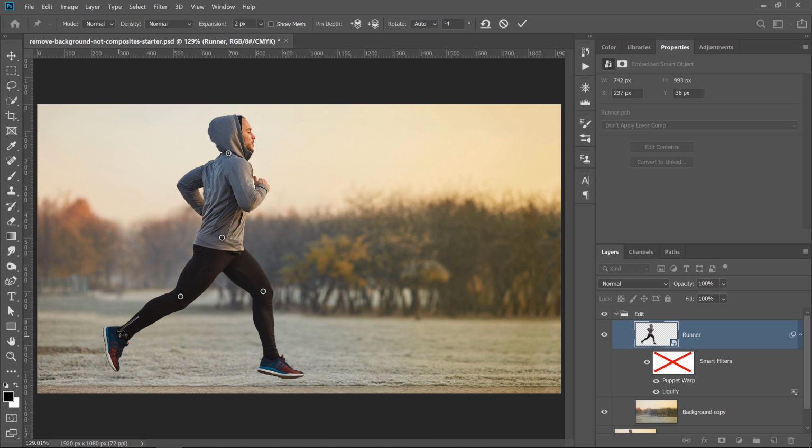It'll be more noticeable here if I create a point on his shoe and click and drag back. Notice how the area behind the shoe is revealed and there's no issues. I'll now click on his other shoe to create a point, and I can click and drag on that point to reposition his foot.